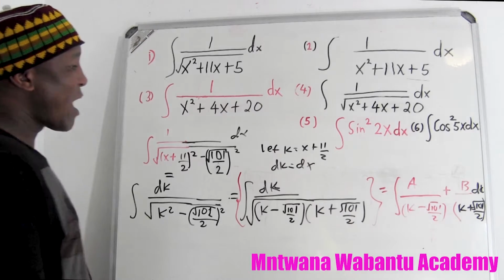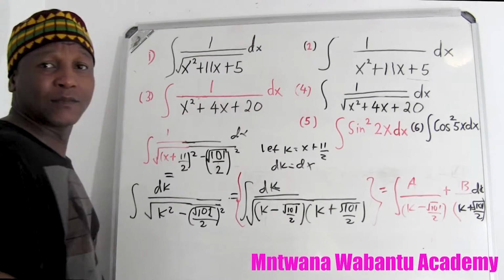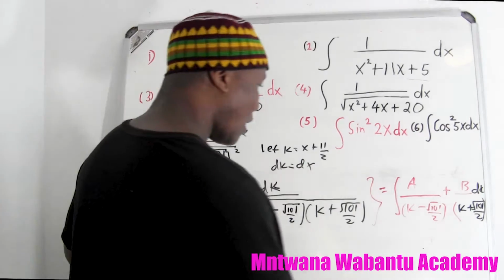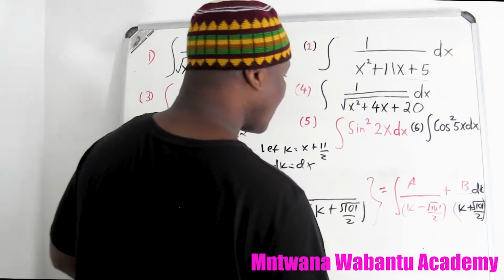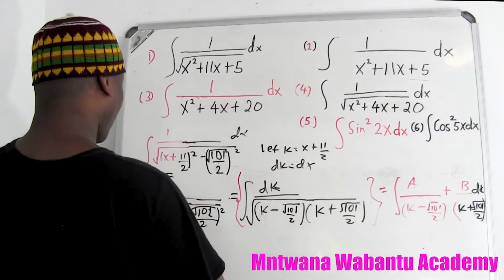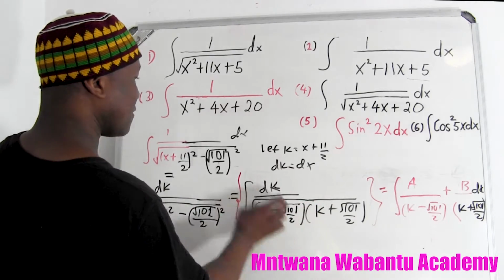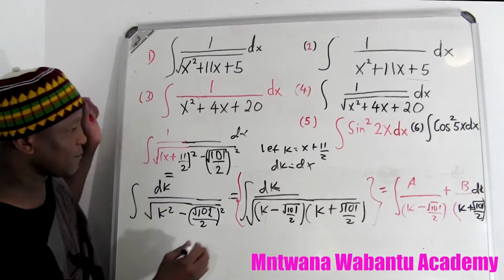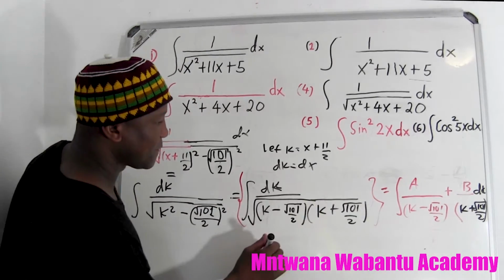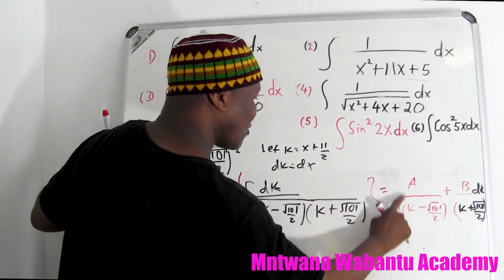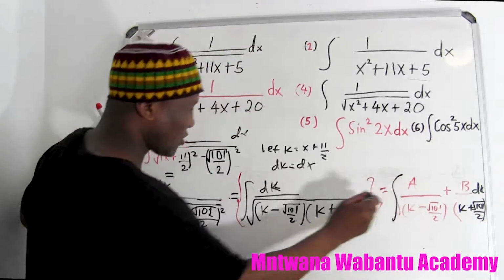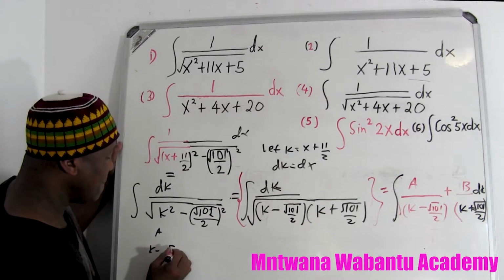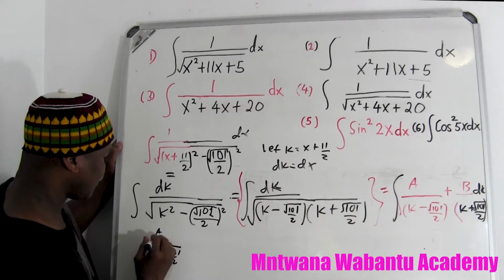So what I want to do here, I have to get the value of b so I can apply ln and solve that integral. The space is not enough here, but hey, I can handle this. Let me simply leave the integral. So we say a over k minus, let's go to this one, 2